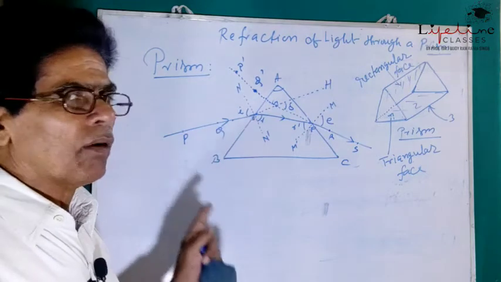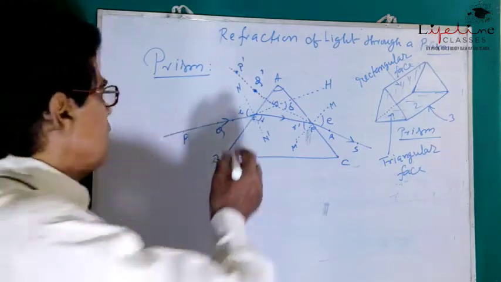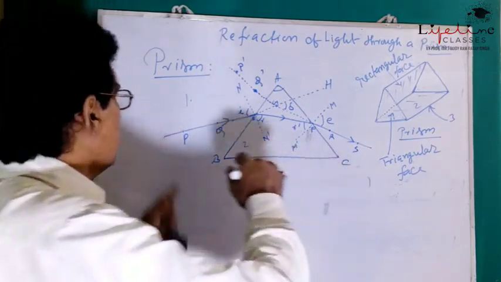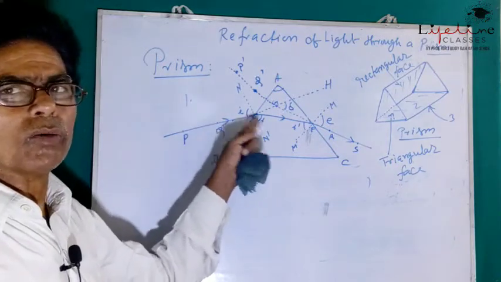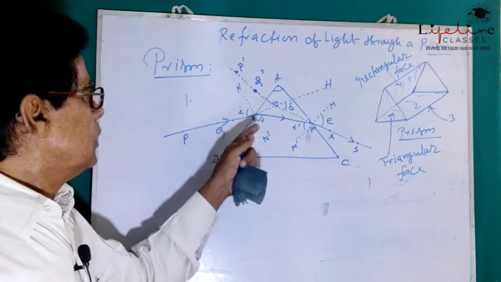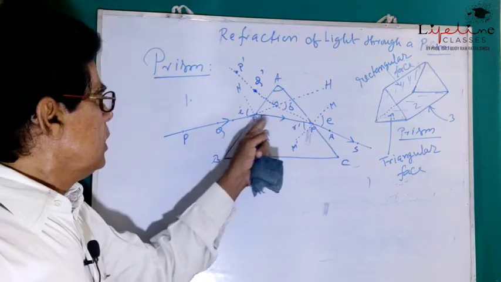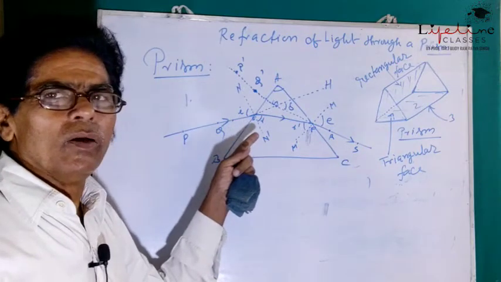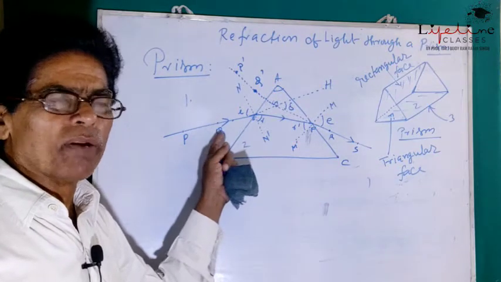At point E, the first refraction takes place, that is from medium 1 to 2. Suppose that air is medium 1 and glass is medium 2. Then light rays pass from air to the prism, that is medium 1 to 2. Here refraction occurred at E. After joining E and F we get the line EF, which is nothing but the refracted ray corresponding to the first refraction.